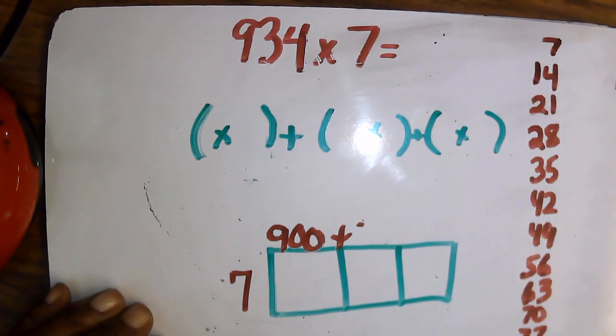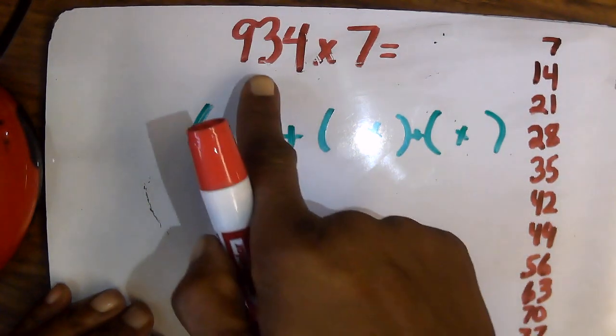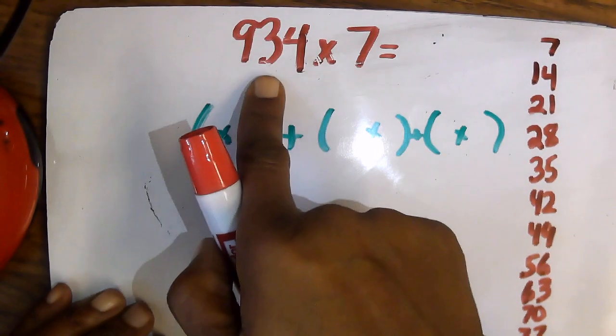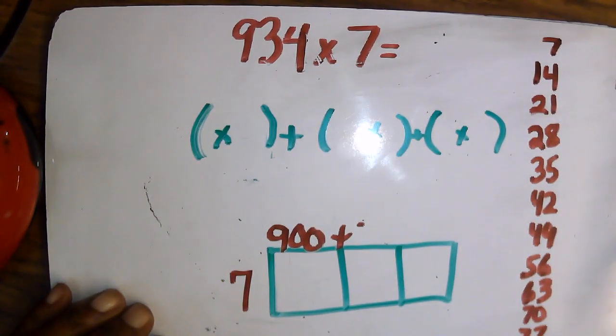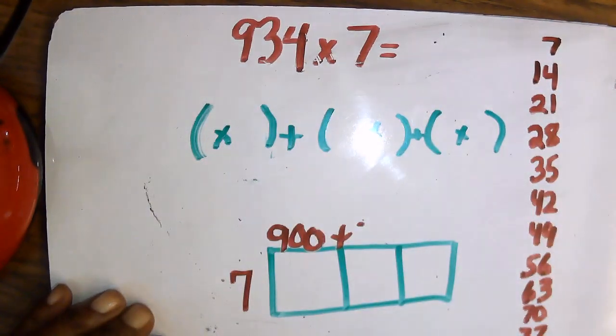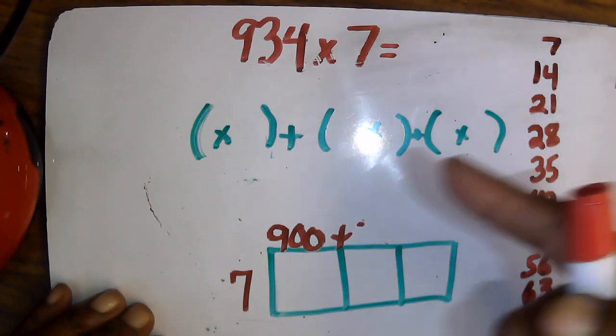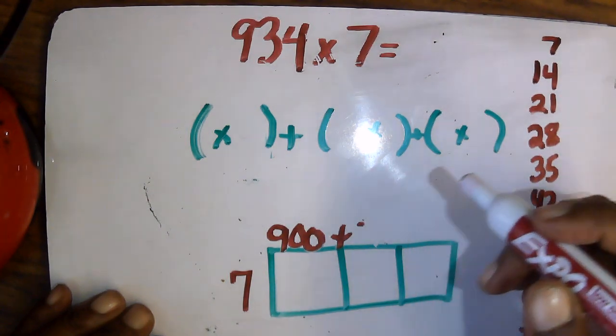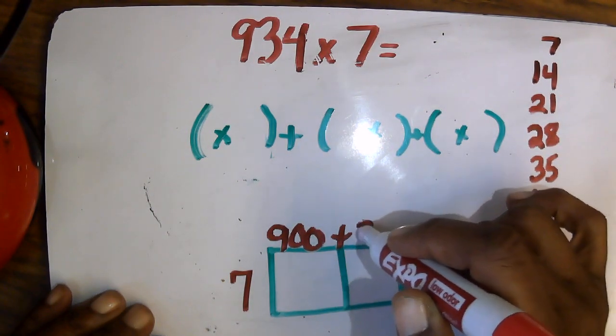The 3 is in the tens place. How would I write it? No, how would I write the expanded form for 3 that's in the tens spot? You have 900 because it's in the hundreds place. 3 is in the tens place, so how would I write it in expanded form? 30, good. Plus